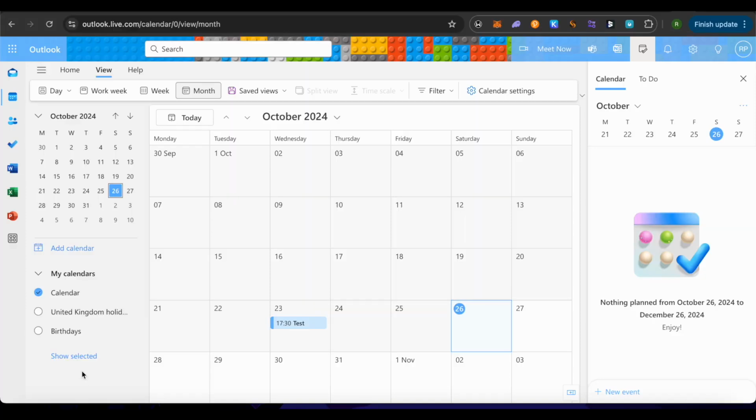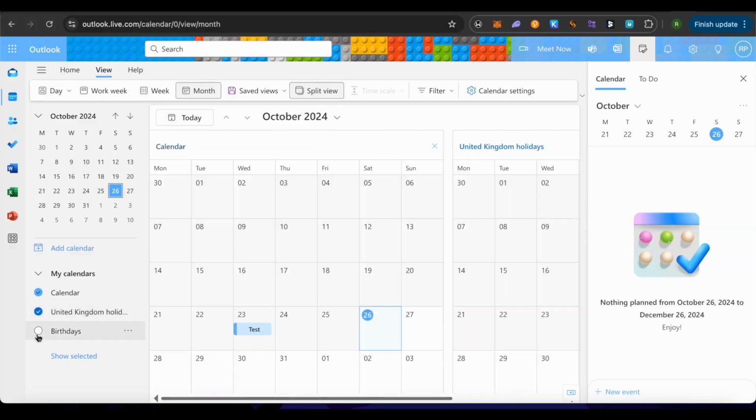Simply right click on shared calendar and then select the option of add calendar. Over there you would find various options according to your needs and requirements. Select any particular option. Most probably you would require the option of from address book. Simply click on that and search for the name of that particular person, and this way you would be able to add their calendar. But after adding the calendar, make sure that you tick that particular calendar so you would